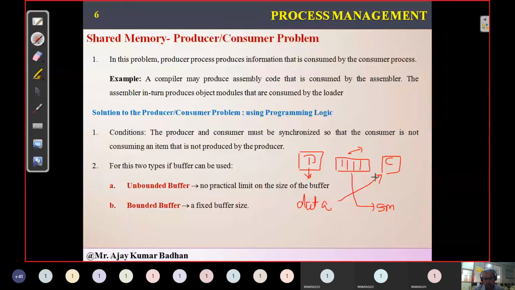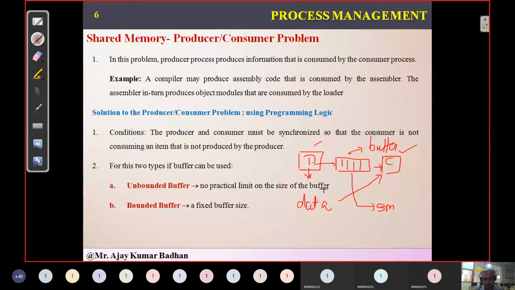In the previous slide, you saw the shared memory between process A and process B. Here we are using a term called buffer, because we are going to write a program for the producer and consumer, so definitely that shared memory should be given. This buffer is what we are calling shared memory. The producer will fill this buffer with the new data generated and the consumer will try to consume the item that is generated by the producer.